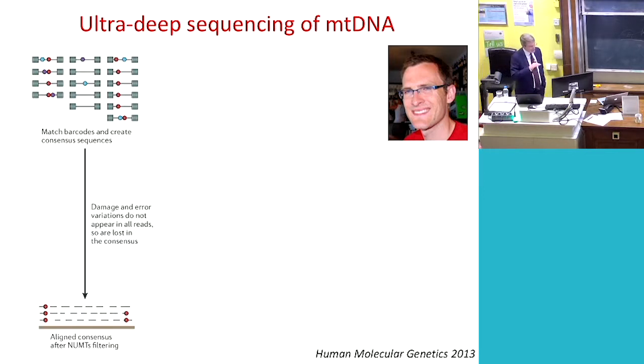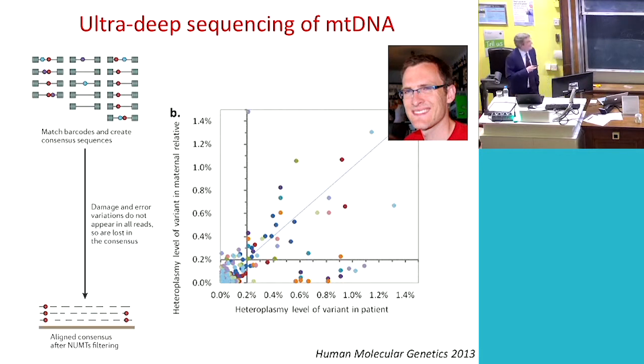And it allowed us to look at the mitochondrial genome in unprecedented depth, and in particular to try and see whether or not, using a very sensitive method, we might find that heteroplasmy was more common than you might think. And of course the answer is it is. What this graph shows you is the relationship,